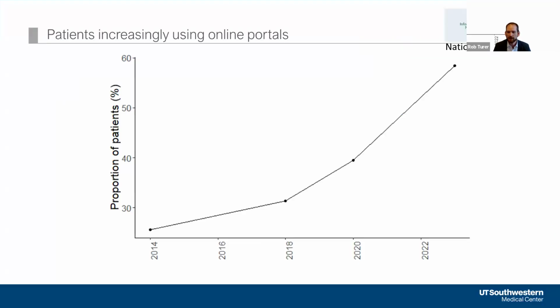Fortunately, this is the easiest thing to discuss. For those who haven't used the HINTS survey, it is a data set that is freely available from the National Cancer Institute. And there's a great group of epidemiologists and researchers there who make these data available. And so this is just a graph I put together from their data that looks at the proportion of patients in this nationally representative survey